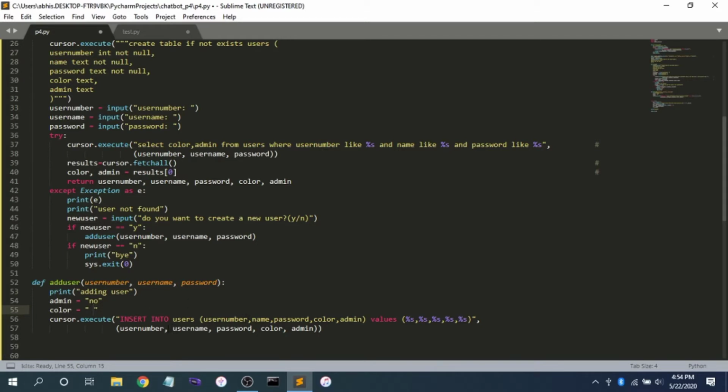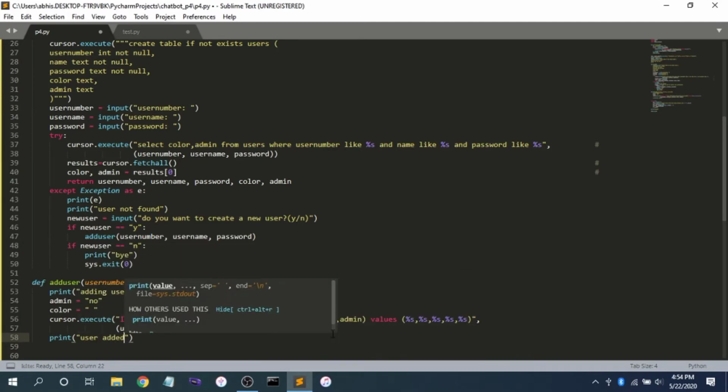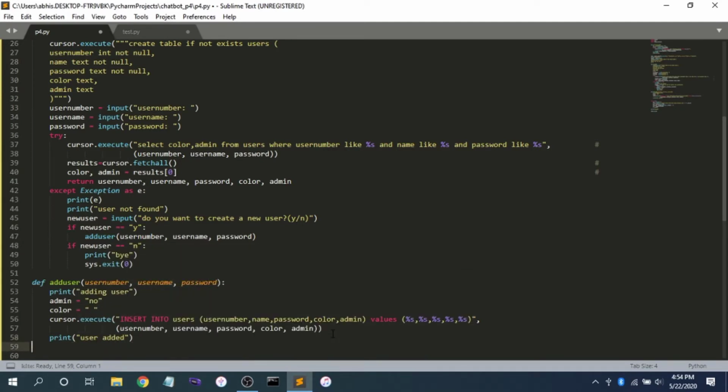Okay, so it will insert into users, into all of the columns, the values, 5 strings, right, which are given. And over here it will print user added, right? Save this,